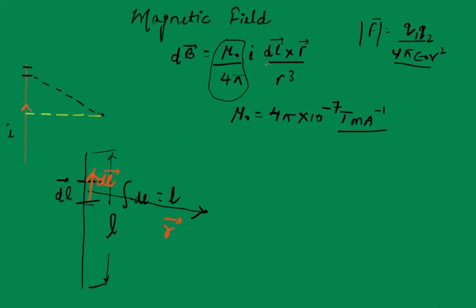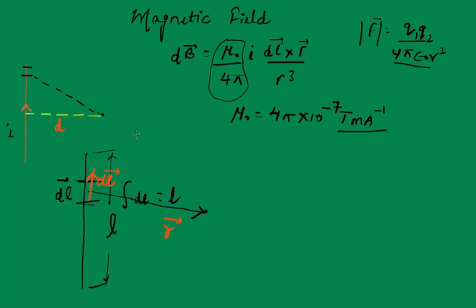So this is the same intuition here, right? That's why I'm trying to say that there is a perfect analogy from Coulomb's law here. I hope this expression makes sense. Now what we are going to do is find out the magnetic field due to an infinitely long wire at a point which is at a distance d from the wire, right?